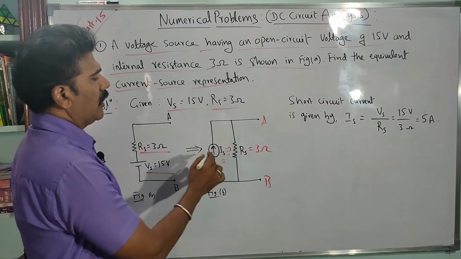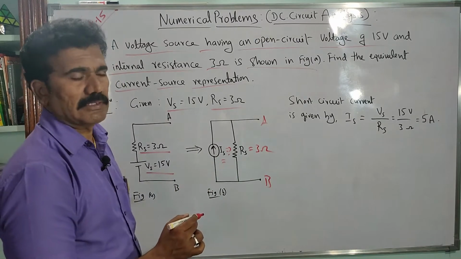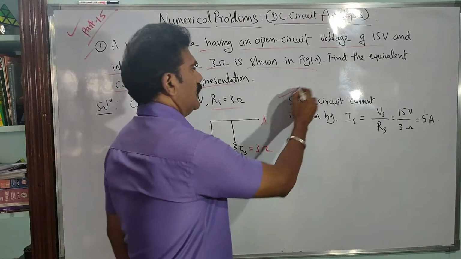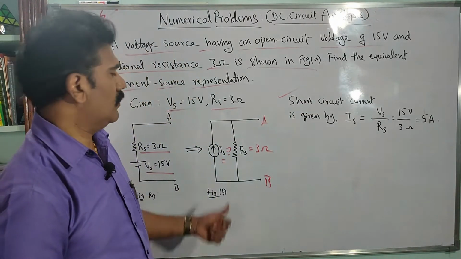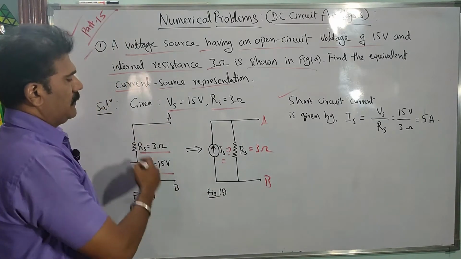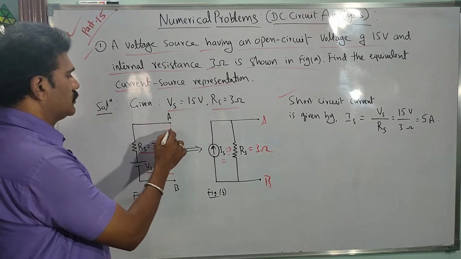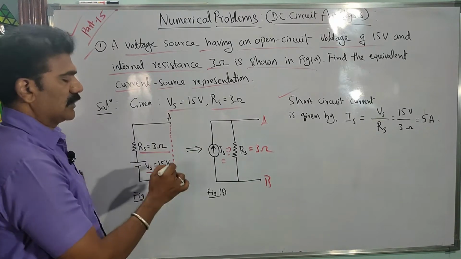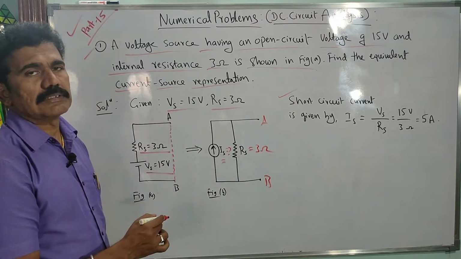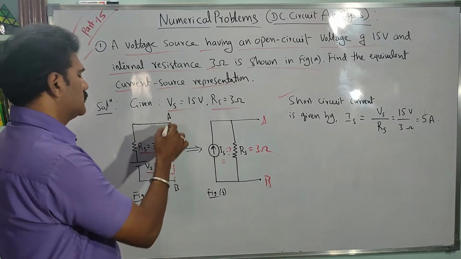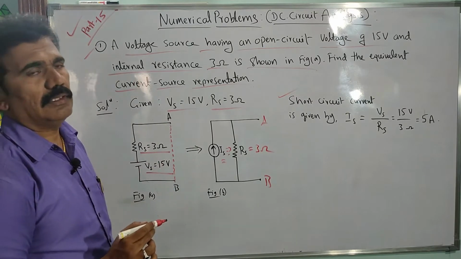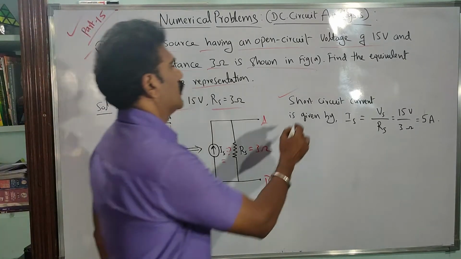So in the problem, after designing the circuit for representation, you have to find the value of IS. You just find the short circuit current, which is the value of IS here. Where do you measure that short circuit current? For this circuit, across the terminals A and B, assume A and B are short circuited directly without any load. If a resistance is connected, then you have to consider the current through that particular resistance. If you short circuit from A to B, then by directly applying Ohm's law you can calculate the current. That current is called the short circuit current.